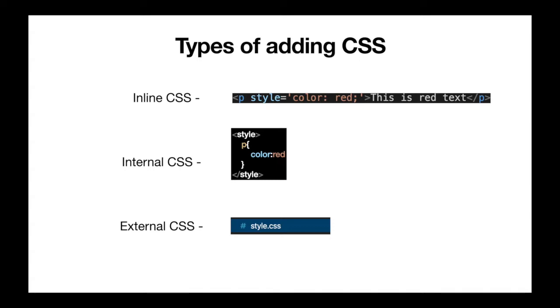And last one is external CSS. So generally, when we create real life projects or applications, all the CSS properties are written inside a separate file known as style.css, and later this file is attached to our HTML code in order to use this styling into our application. We will have a look at each one of them, but inline CSS is generally used if and only if you want to add some basic properties to a specific tag.